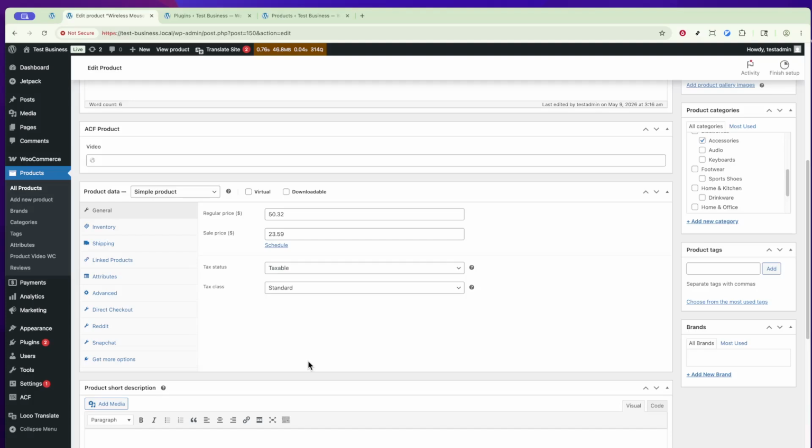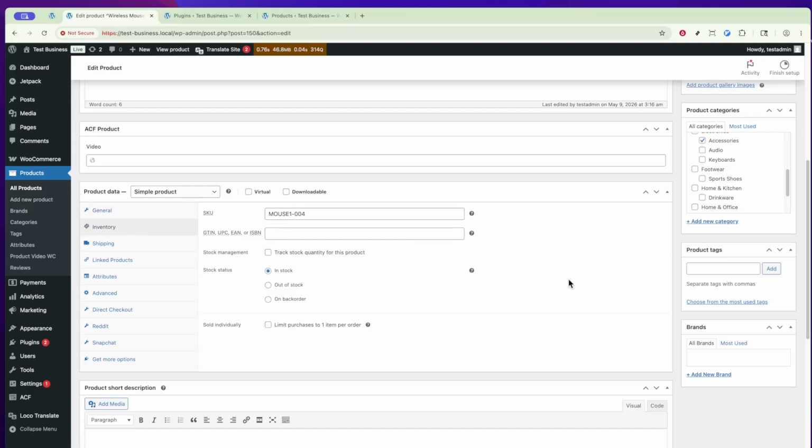Look for the tab labeled Inventory within the product data meta box and click on it. This will open up inventory-related settings for your product. Now, you'll see an option labeled Sold Individually. It's a checkbox that, when enabled, ensures that only one of this product can be purchased at a time. Go ahead and check this box. What this does is limit the purchase quantity to 1, effectively removing the need for a quantity field on the